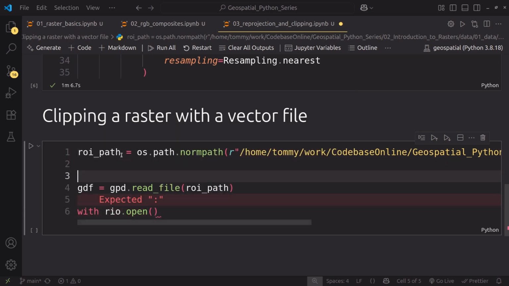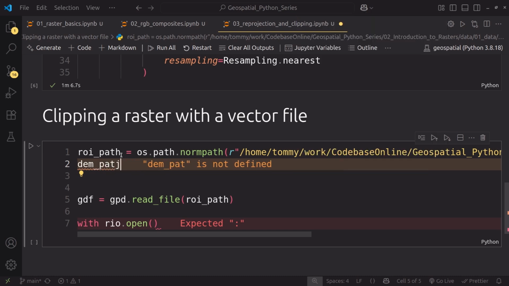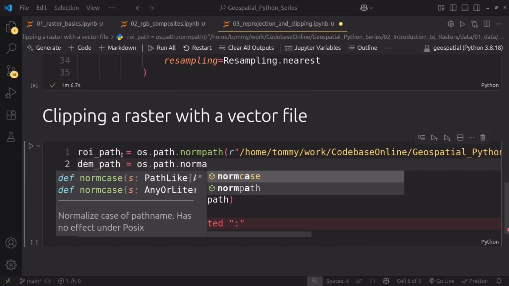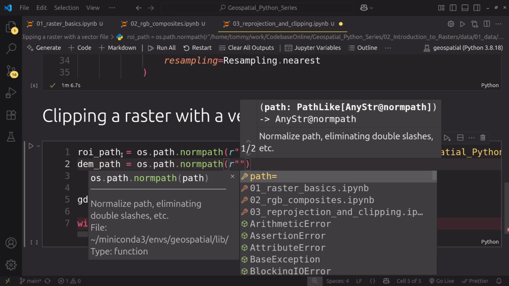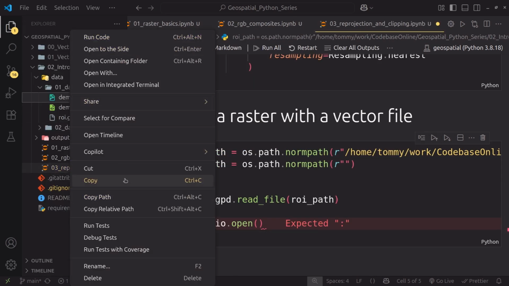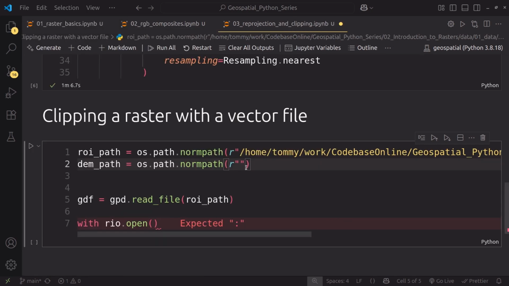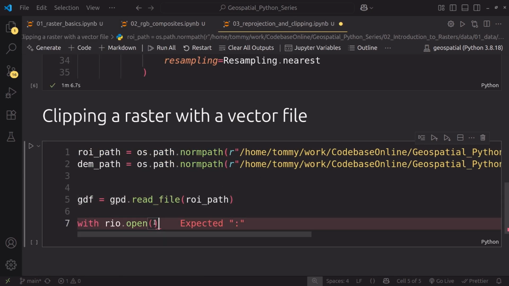So let me now also say DEM path, that should be equal to os.path.normpath. That is here. We want to open DEM path